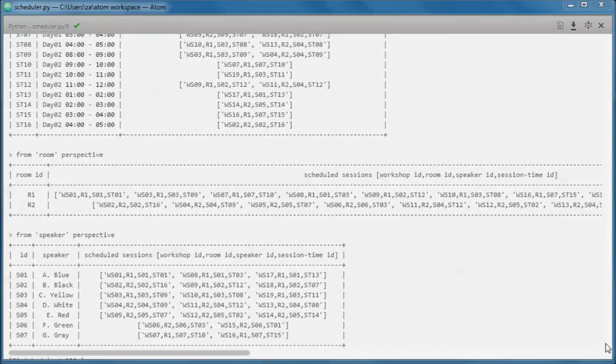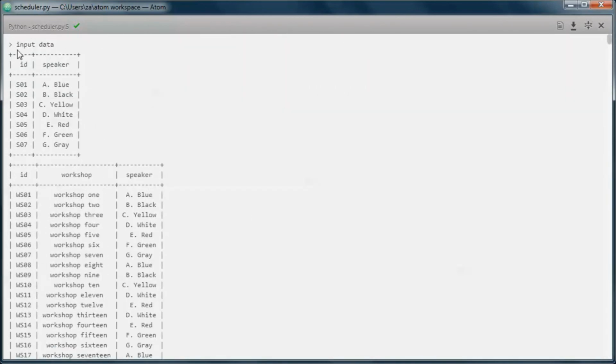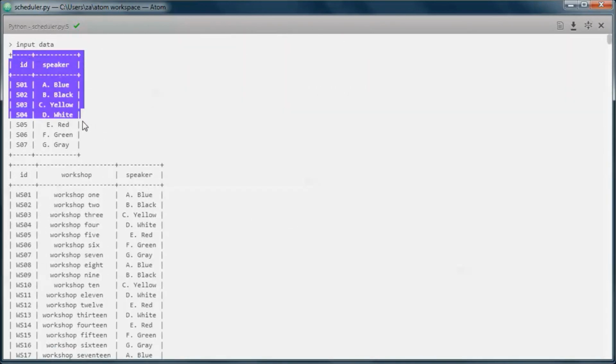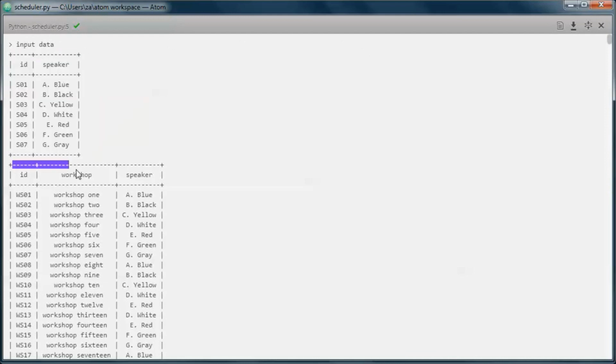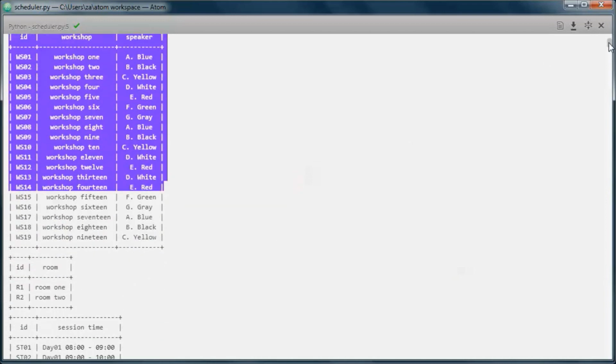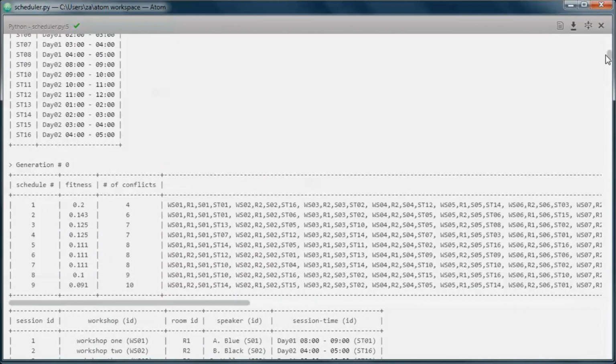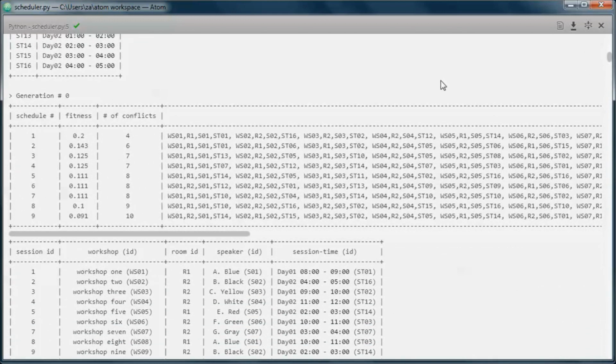And the goal is that given this input data, so the available speakers and the available workshops and rooms and session times, we need to find a schedule with zero conflicts.